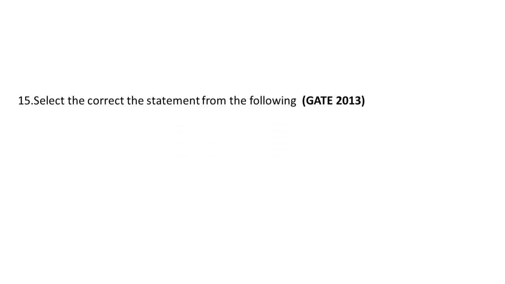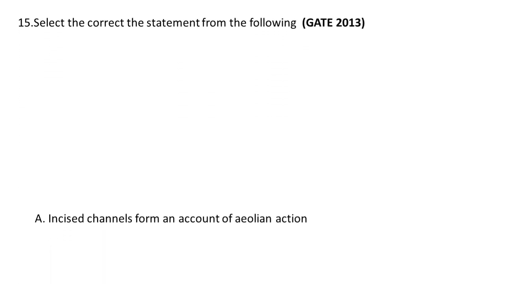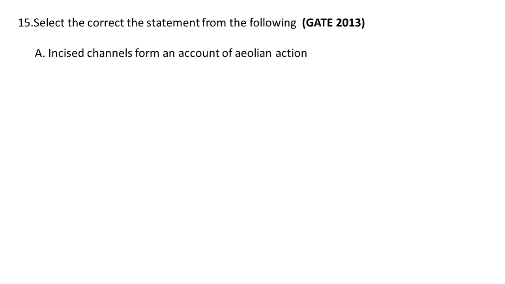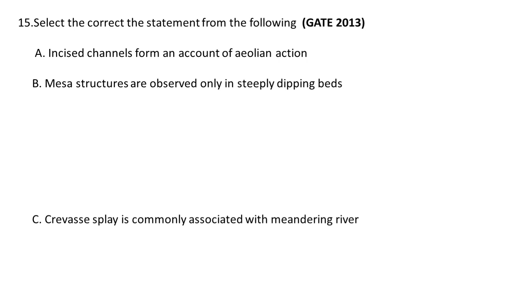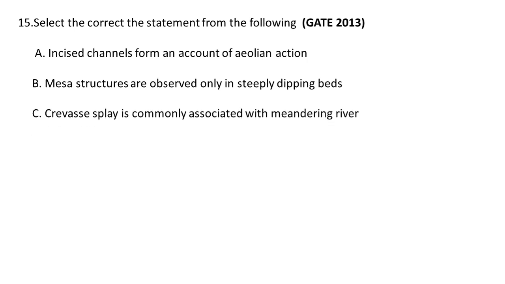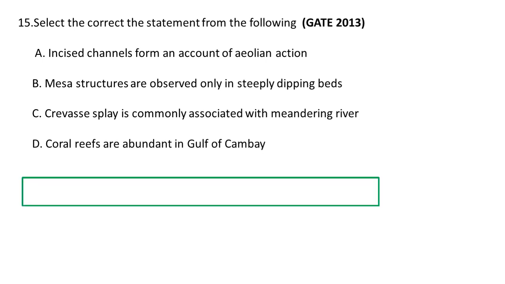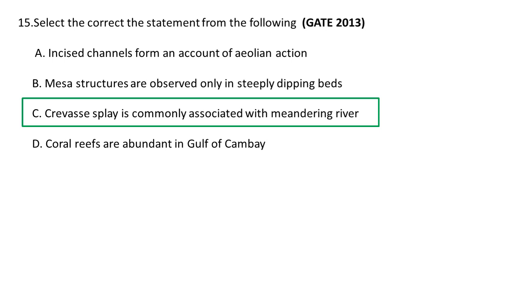Next question. Select the correct statement from the following. A. Incised channels form on account of aeolian action. B. Mesa structures are observed only in steeply dipping beds. C. Crevasse splay is commonly associated with meandering rivers. And D. Coral reefs are abundant in the Gulf of Cambay. The correct statement is C, that crevasse splay is commonly associated with